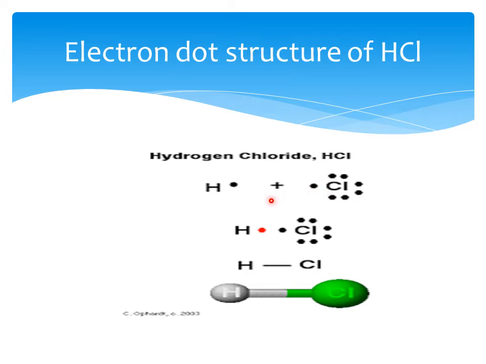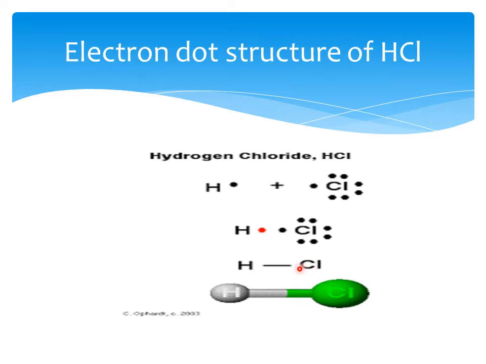To satisfy this condition, both the hydrogen atom and chlorine atom share the electrons. Mutual sharing of electrons takes place. These two electrons are shared between chlorine and hydrogen. These are the electrons shared. We call it a shared pair of electrons. When they share their electrons, hydrogen gets 2 electrons, chlorine gets 8 electrons, and they satisfy the condition of stability. And here forms a covalent bond. That bond is shown here, H bond Cl.